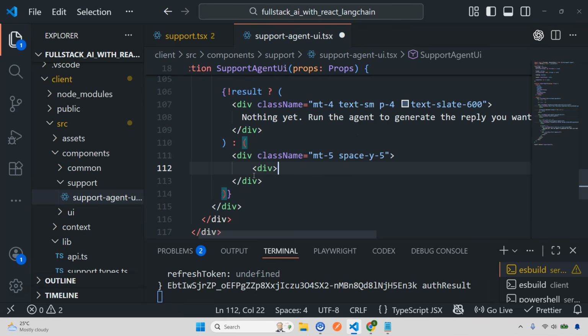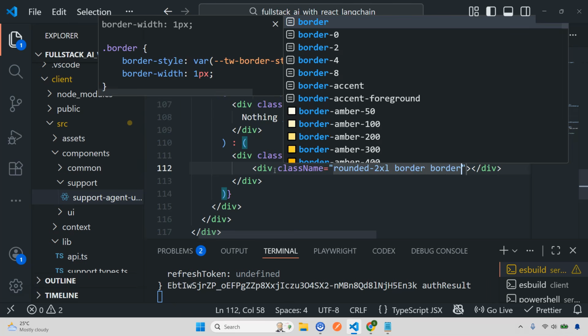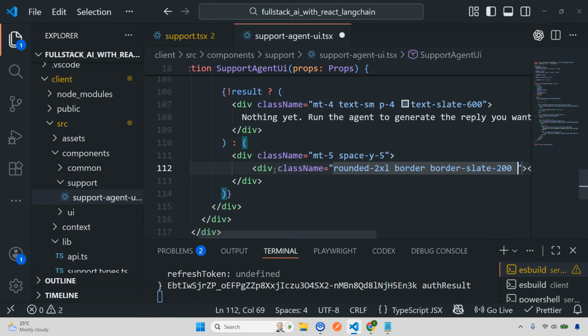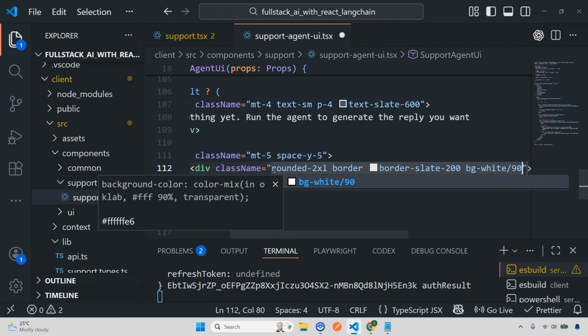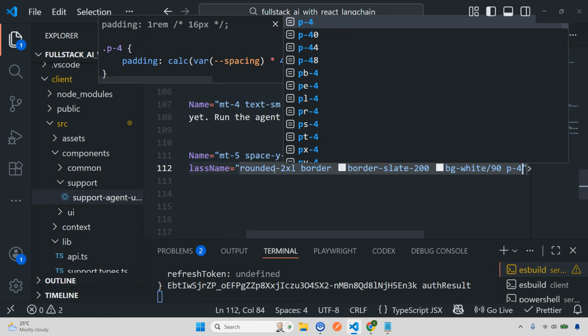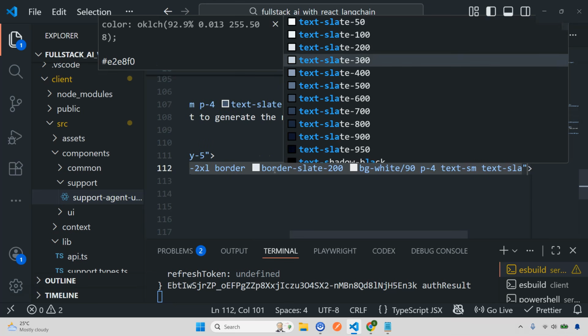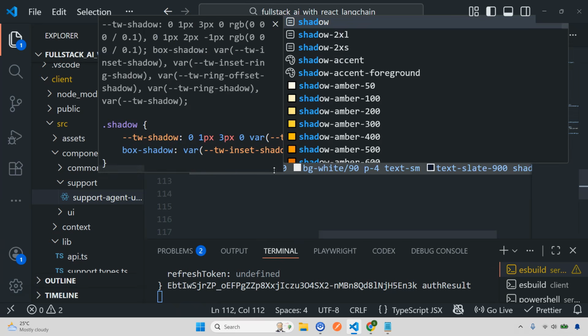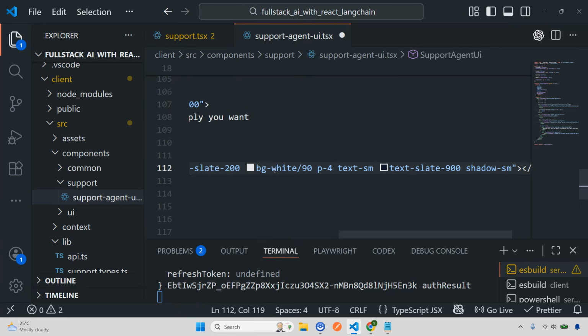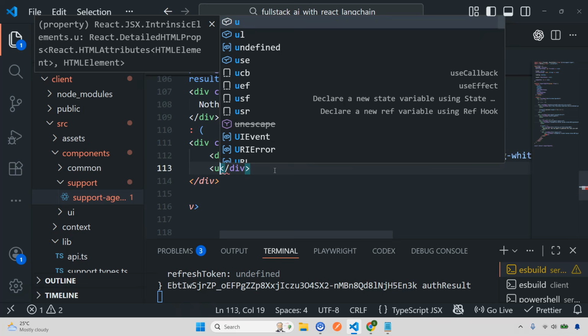Okay, so first I'm going to render the sources. So we'll take a class name. So I'll do rounded 2xl, border slate of 200, bg of white, then we're going to do padding of 4, text small, text slate of 900, and shadow sm. Inside this now we are going to take a ul,